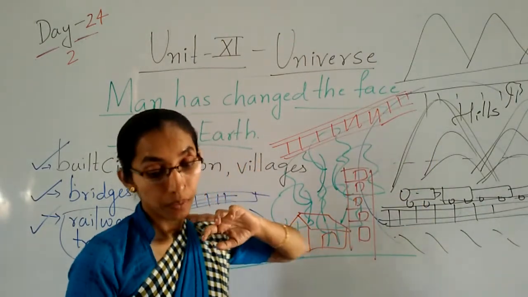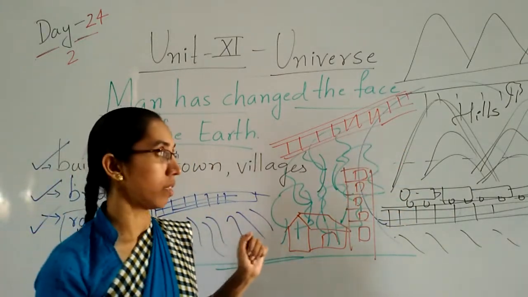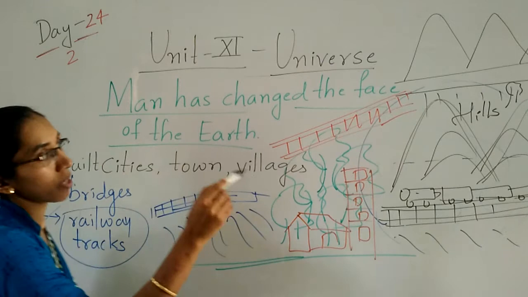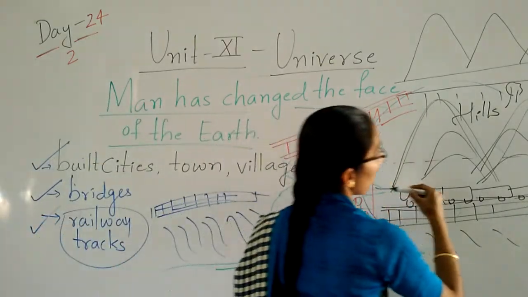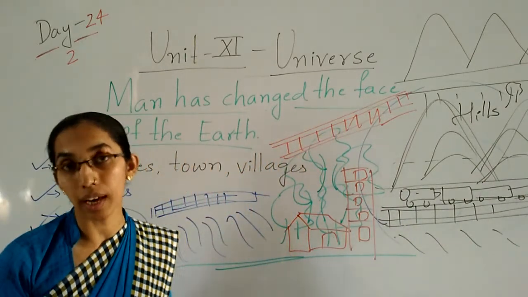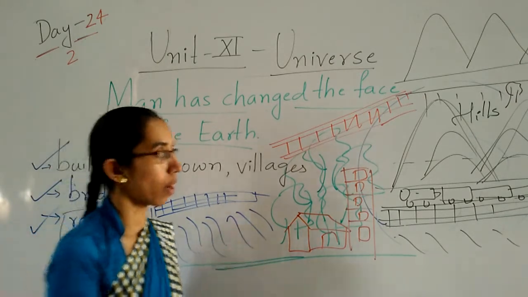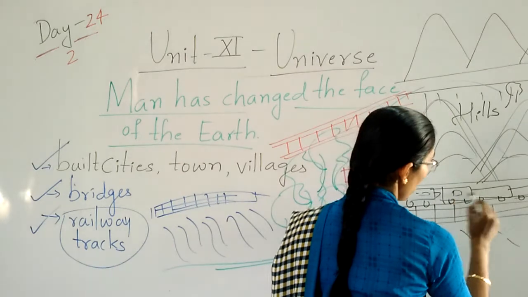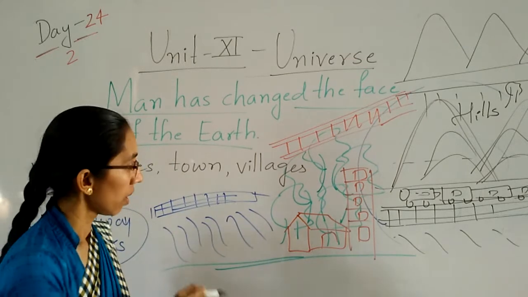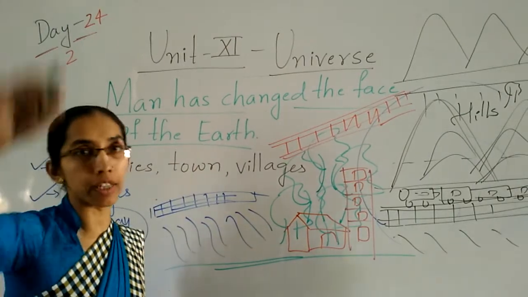Clear, children? So they cut tunnels through the mountains. A number of things the man did here. But on the earth, what is there? Mountains and hills. What did man do? They used this mountain land area to make the train tracks. They flattened, they destroyed, they made the tunnels, gufa, all to move the train from that place. Clear? They made the roads also, to move the vehicles on the road.